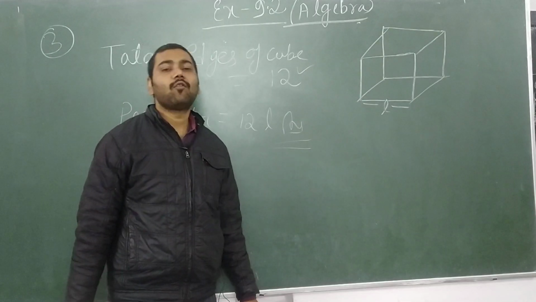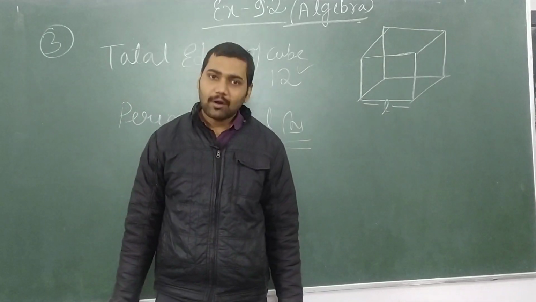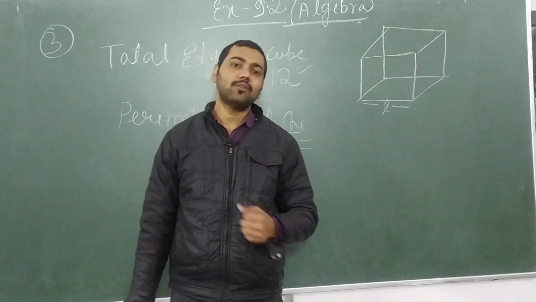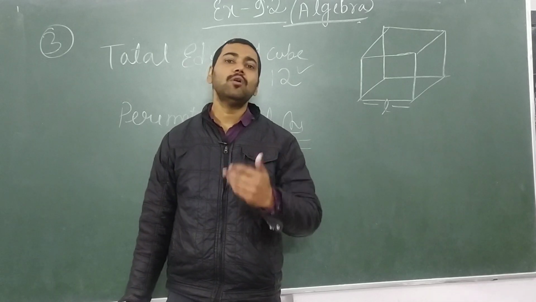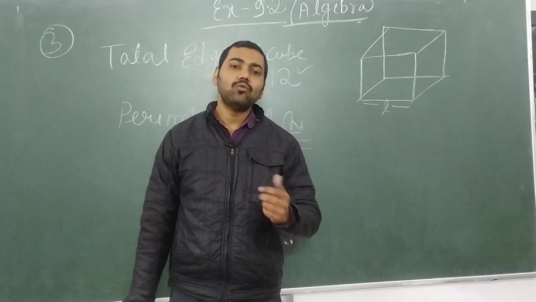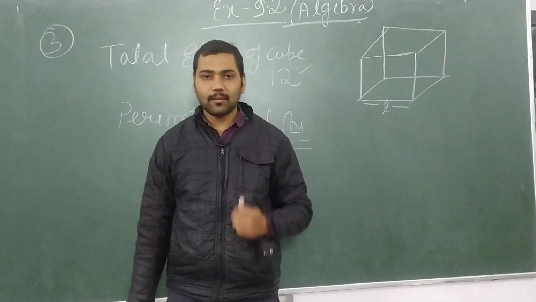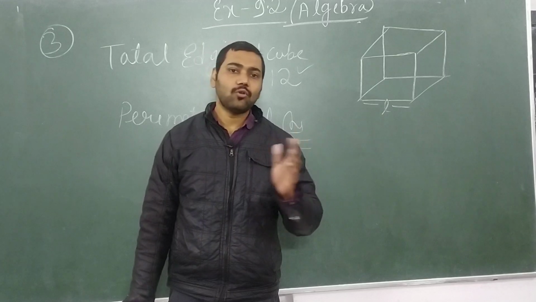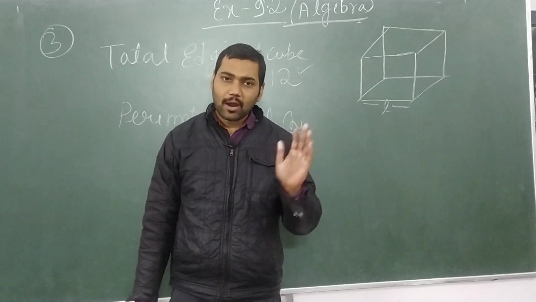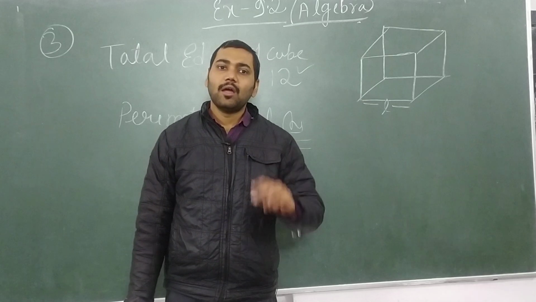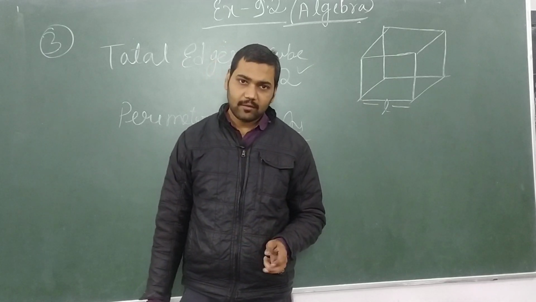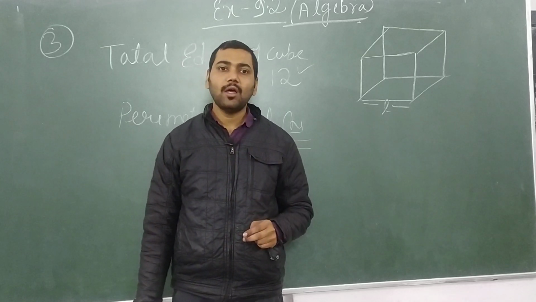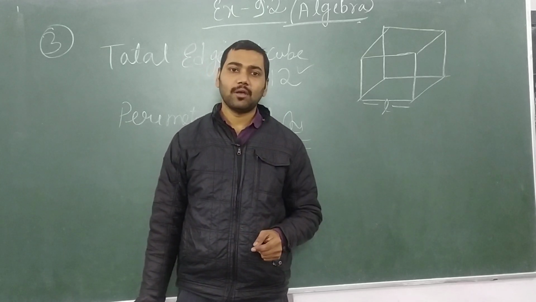This is question number 3 of your exercise. I hope you all have understood the basic concept of this exercise. The basic concept of this exercise is just to teach you what perimeter is and how to find the perimeter. Perimeter is the sum of all sides. To find perimeter we do not have to do anything, we just have to add all the sides. There are only 4 questions in this exercise. I have explained 2 questions. The rest 2 questions you have to do on your own and complete in your fair copy. Is it clear?